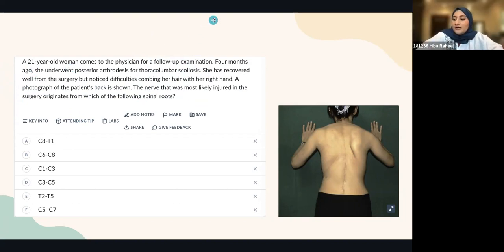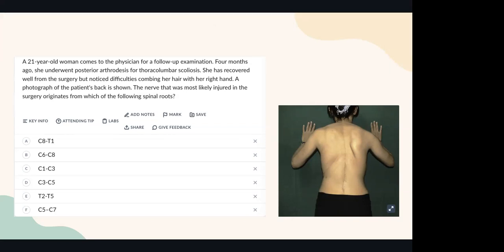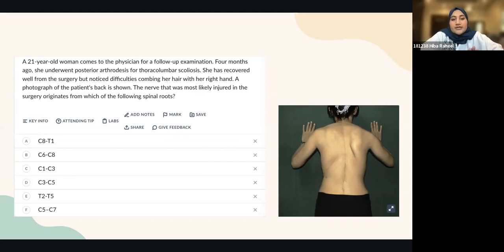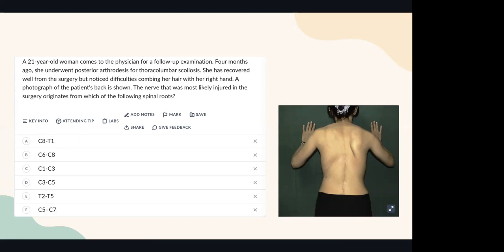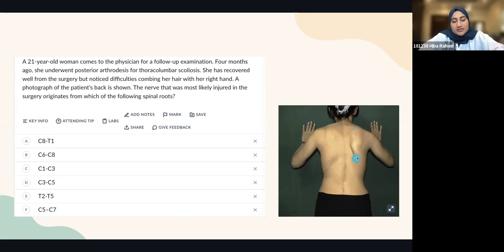Okay, so again, what nerve are we talking about here? Long thoracic. Excellent, good job. We're talking about the long thoracic nerve, and what are the indications in the sentence that led you to your answer? It says that a photograph of the patient's back is shown, and in the photograph, you can see that there's winging of the scapula. Perfect. So this is the medial region, and you can see that the medial region of the scapula is sort of protruding, which is pushing against